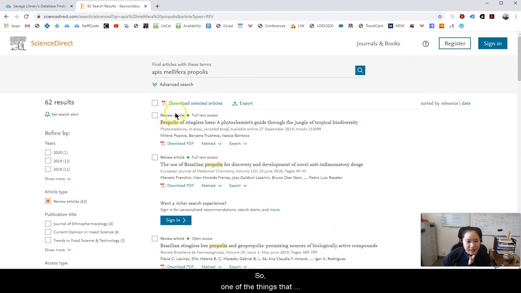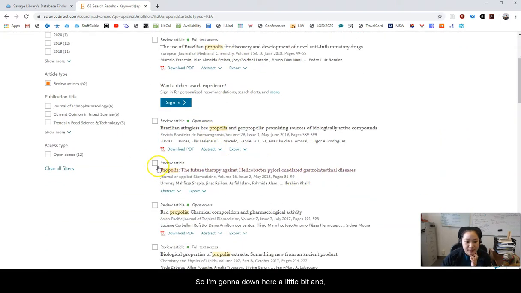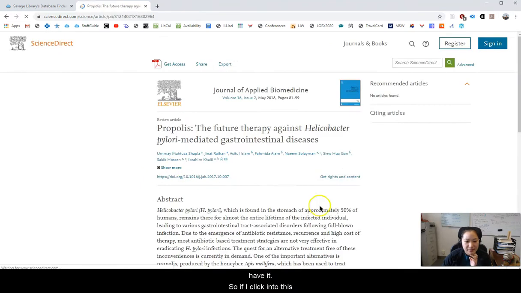So one of the things that Science Direct does really well is show you when we have full text access to something. So it's got this little green dot next to any that we have full text access to. So I'm going to go down here a little bit and, oh, look at this. Here's one that doesn't have a dot. So if I click into this,